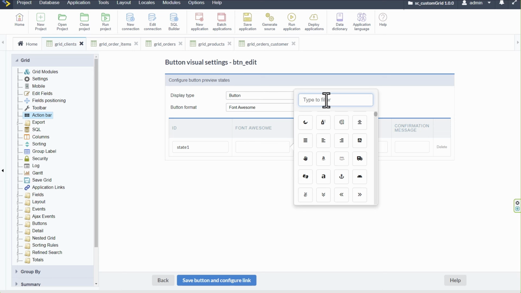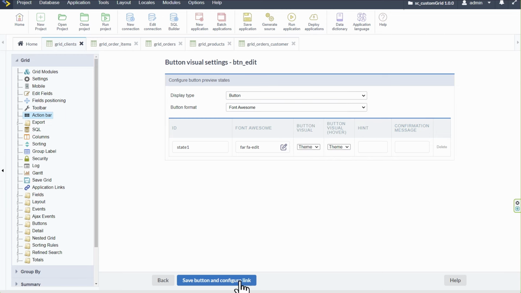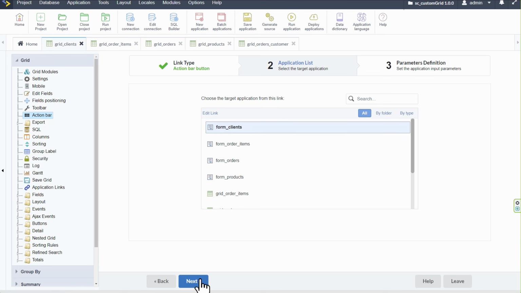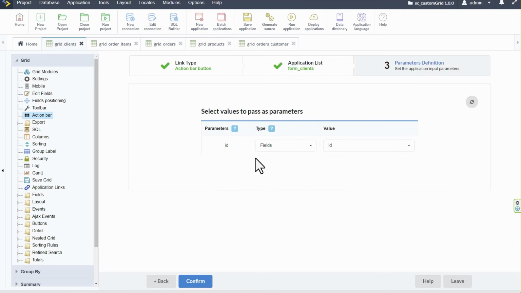So for instance, if you have a lock functionality within your form, you can adjust the button according to the status of the form or the data, whichever you like. Okay, so here let's add then in here an edit icon and save that. And then that we can then link here to our form clients, and then like that, our ID to ID,